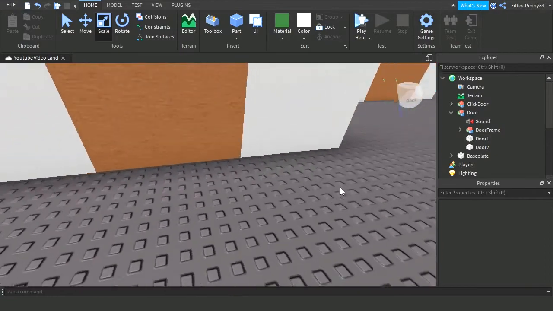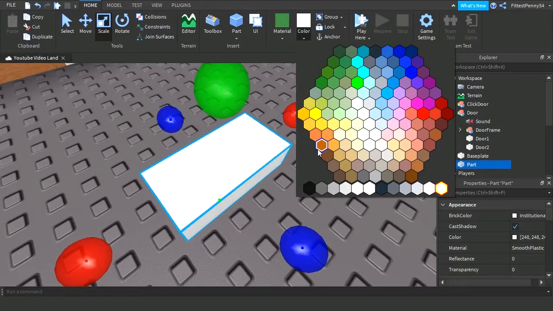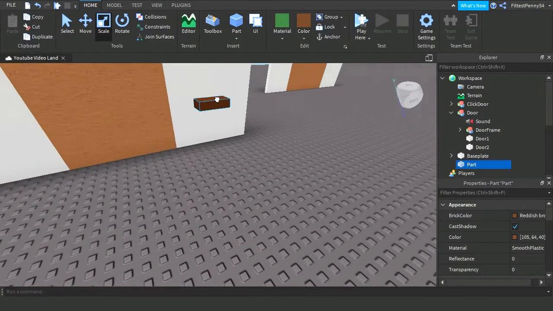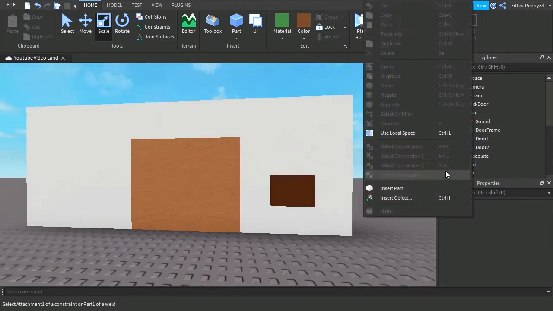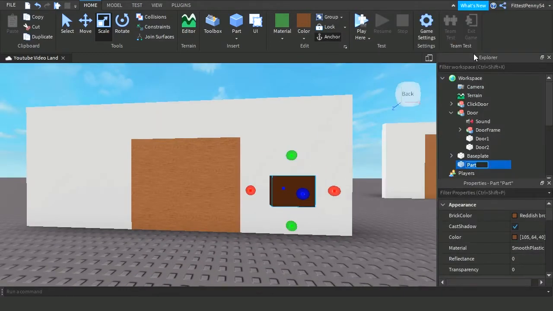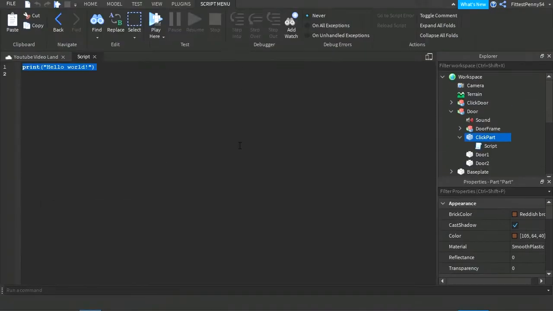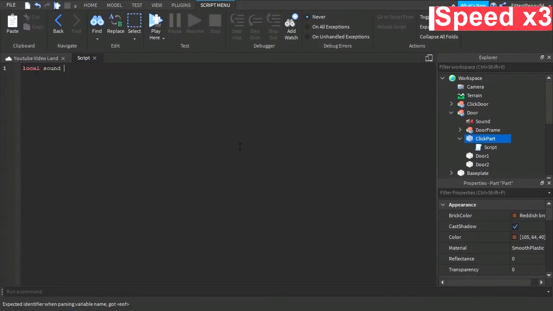So now you want to make your button, so just make it any colour you want and then just put it on your door, anchor it, and you can just name this click part, or you can name it touch part if you want to make your keycard. So now you just add